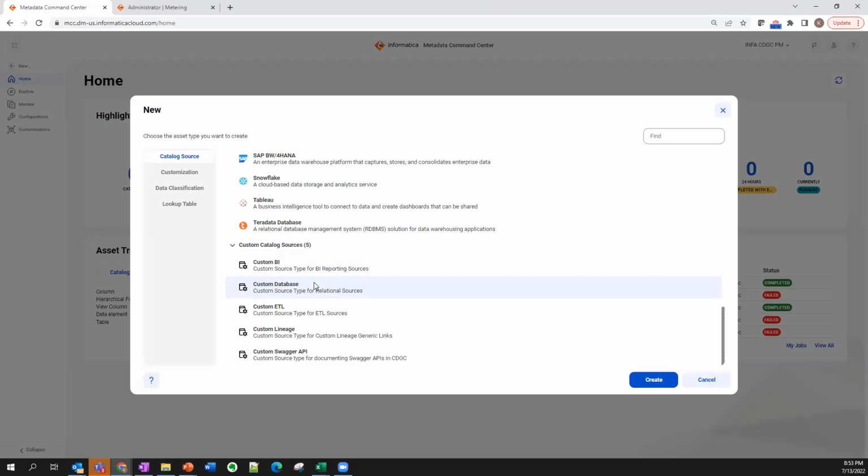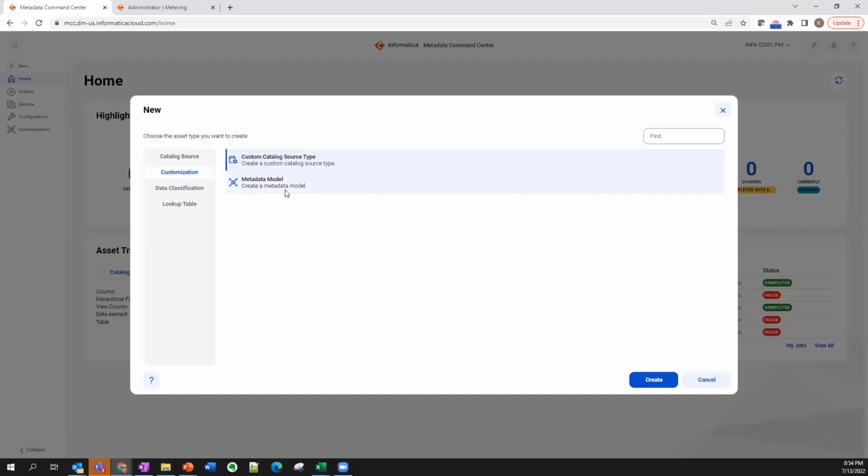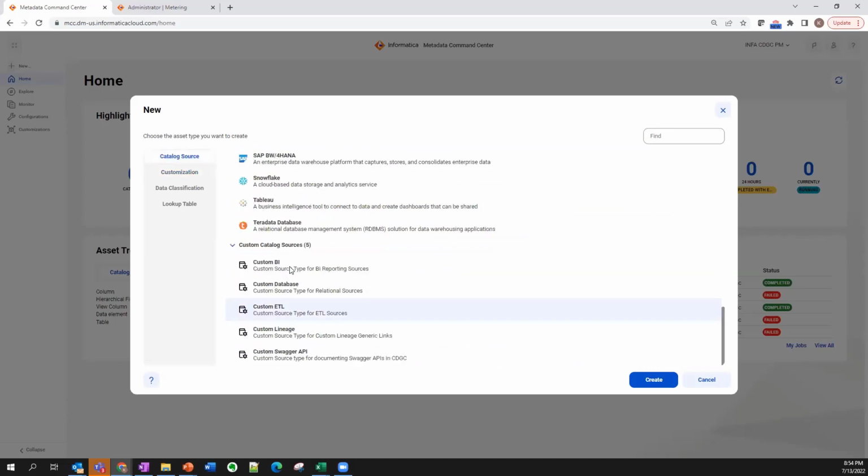So if you're familiar with EDC, it's a very similar concept. You can start with a metadata model definition. And then once that is defined, you can put a layer around it, which is the custom catalog source. Those custom catalog sources appear here, and then you can configure them next. Right. So let's